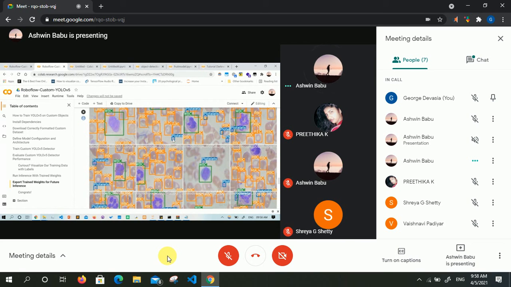It will not be trained properly, and it will give you bad output instead. So you can tell about that in your lecture class: we tried so much, we have completed the training parts, but still our object detection is not working, and we are trying to figure out why and solve that also.